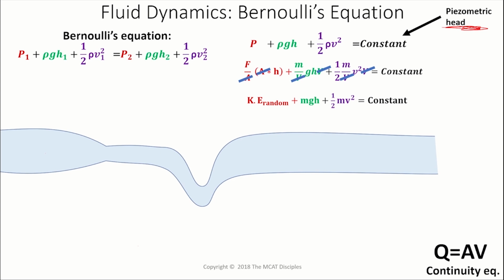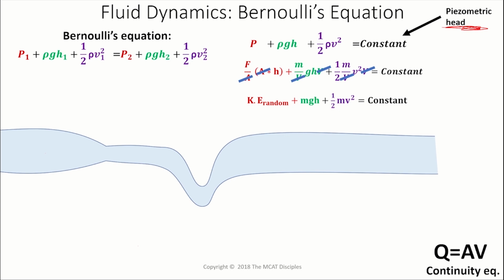So you notice there's two kinetic energy terms here. One kinetic energy term refers to the random translational motion, and the other refers to the uniform translational motion. All of those go into determining what kinetic energy is, and that's why you see two terms there. But all this is just a statement that energy is conserved from one point to the next. And this is for ideal fluids, right? For a real fluid, you might have some friction or viscosity or drag or turbulence that may dissipate this, but for an ideal fluid, this is going to be true.